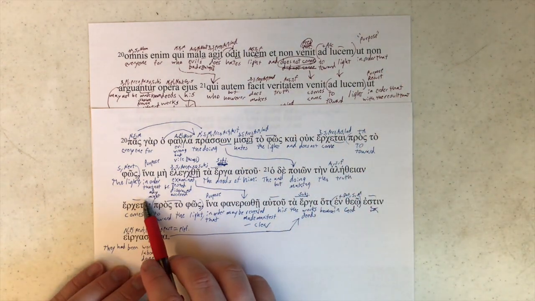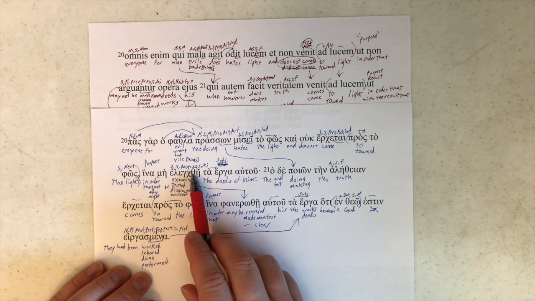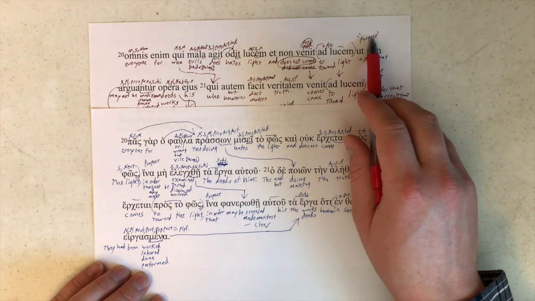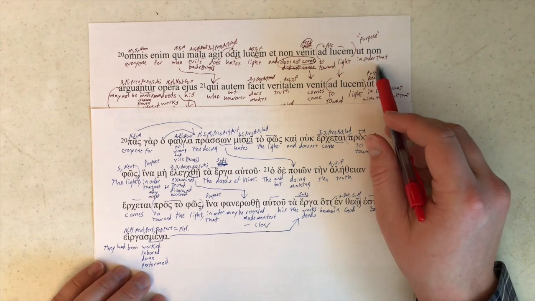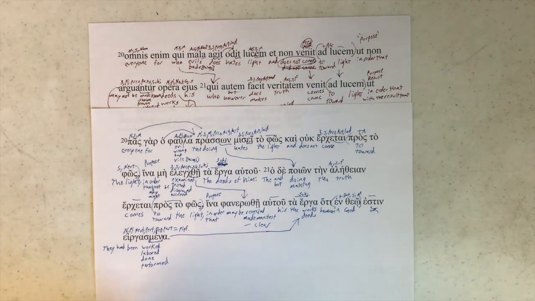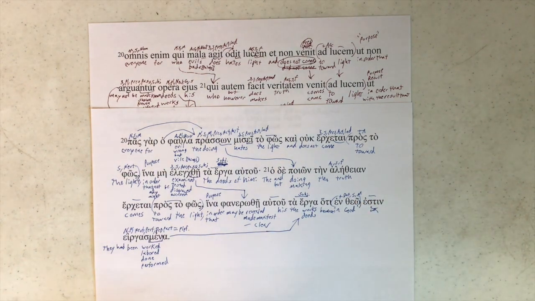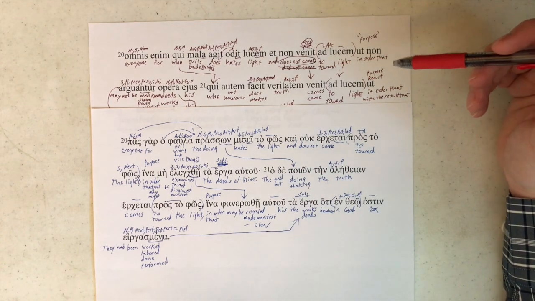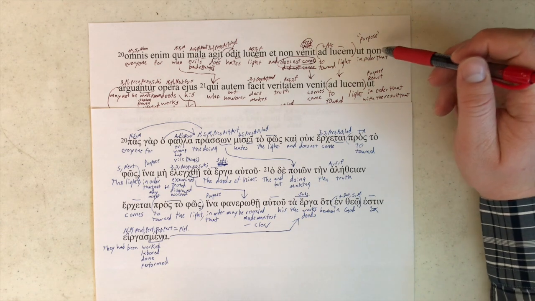In order that, purpose clause, the deeds of him, plural, aorist tense, passive, subjunctive, examined, tested, disgraced, or accused. In order that, so we've got quote marks around here to remind us that this is, at least in form, a result clause, even though we know it is supposed to be a purpose clause, just as the previous one, I think on the previous page. So this might be a change in how Latin was by the time of Jerome, that I don't know, and I don't really have a good way to find that out. So I'm not going to treat this as an issue.